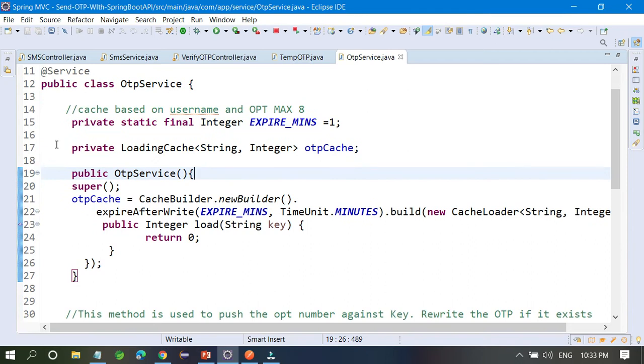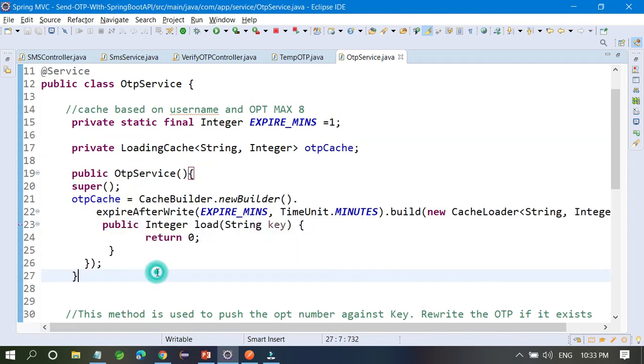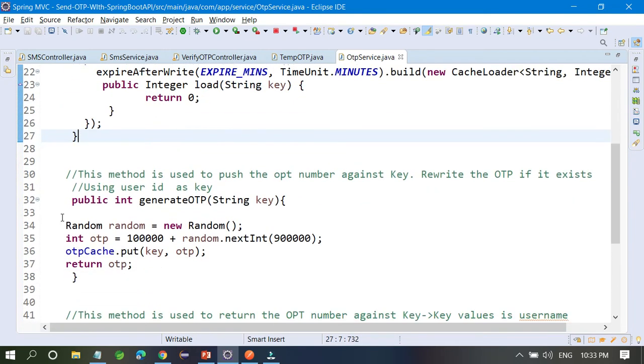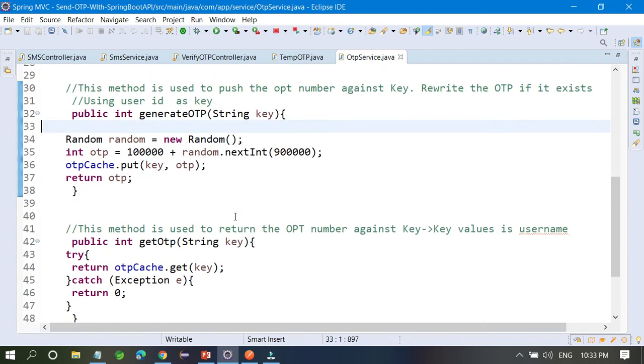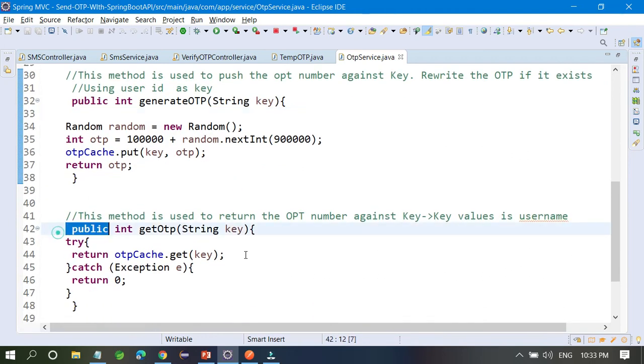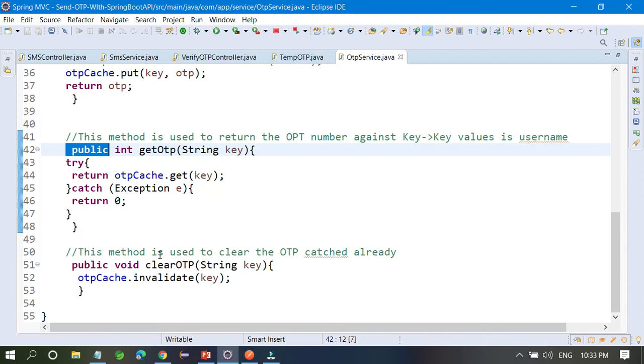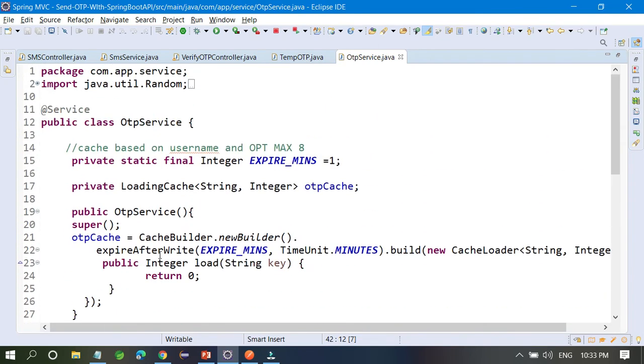This is the very important class for loading caches for the server side and storing data, and it provides some methods like generate OTP, get OTP and clear OTP. These are the three important methods. So remember this, and whenever you want, you can use it for storing server side data.